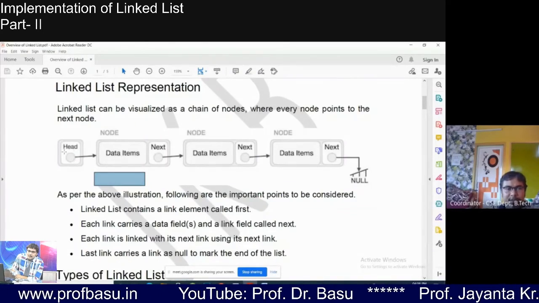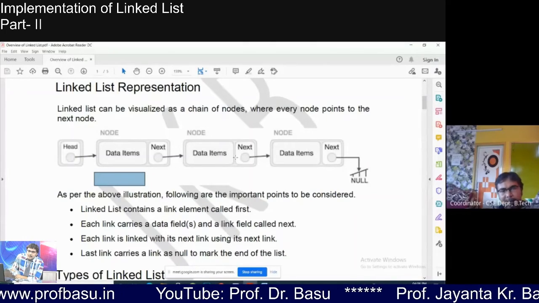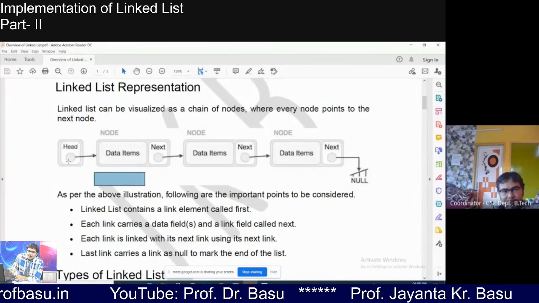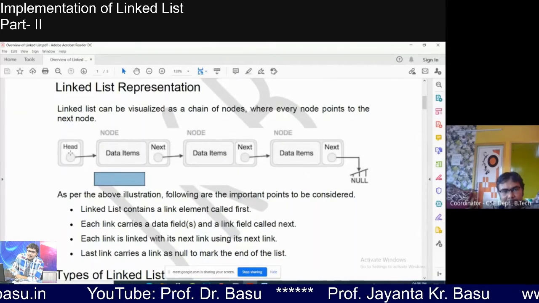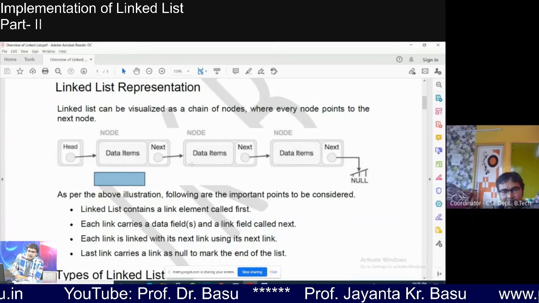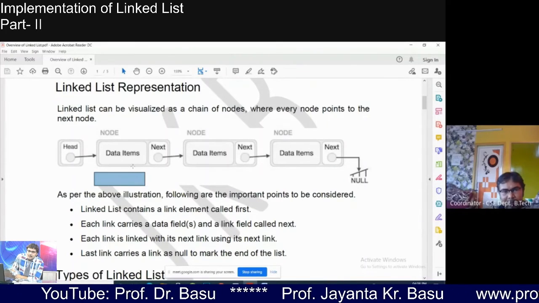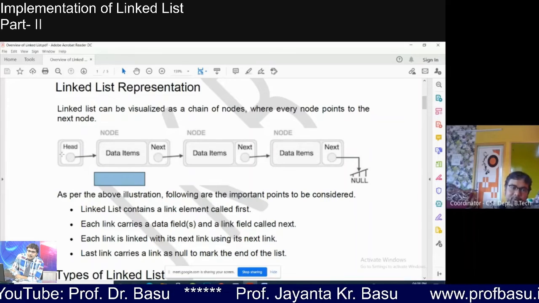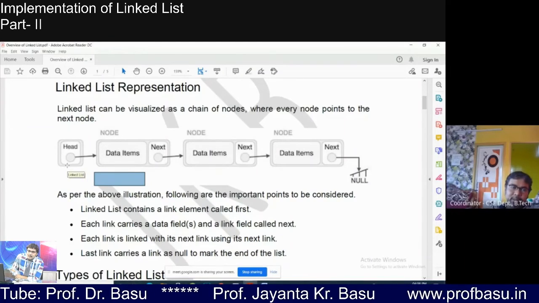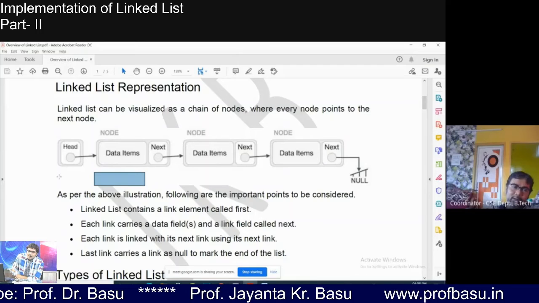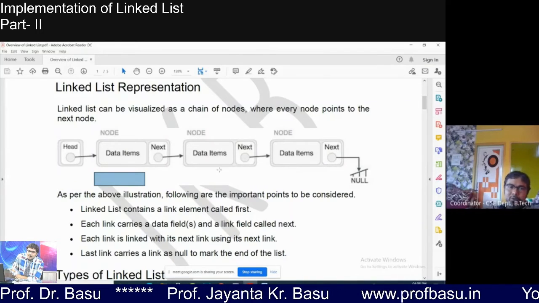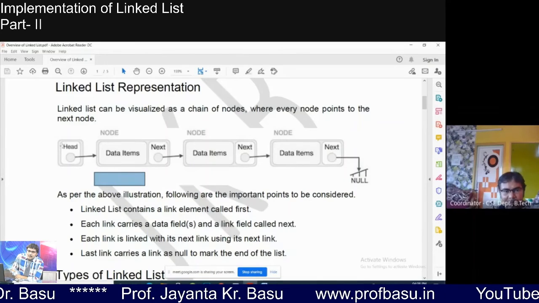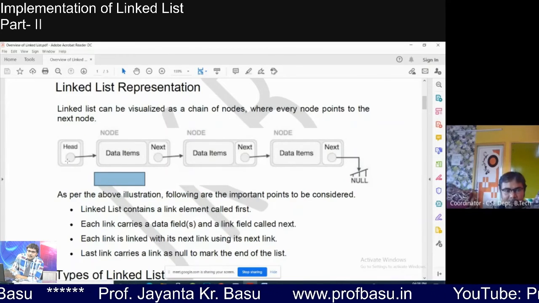If we change the value of the root, the entire information of the list will be lost. Suppose we replace the value of root by the address of the second node, then the first node will be lost, isn't it? So we should not change it. We have to keep it intact. We can assign the value to any other variable and change that variable's value, but not exactly the value of the root, right?